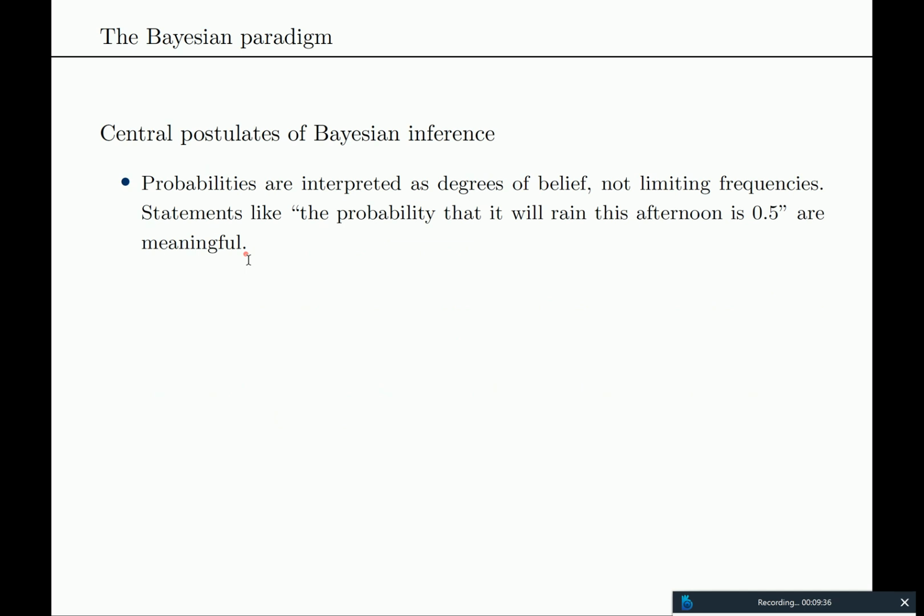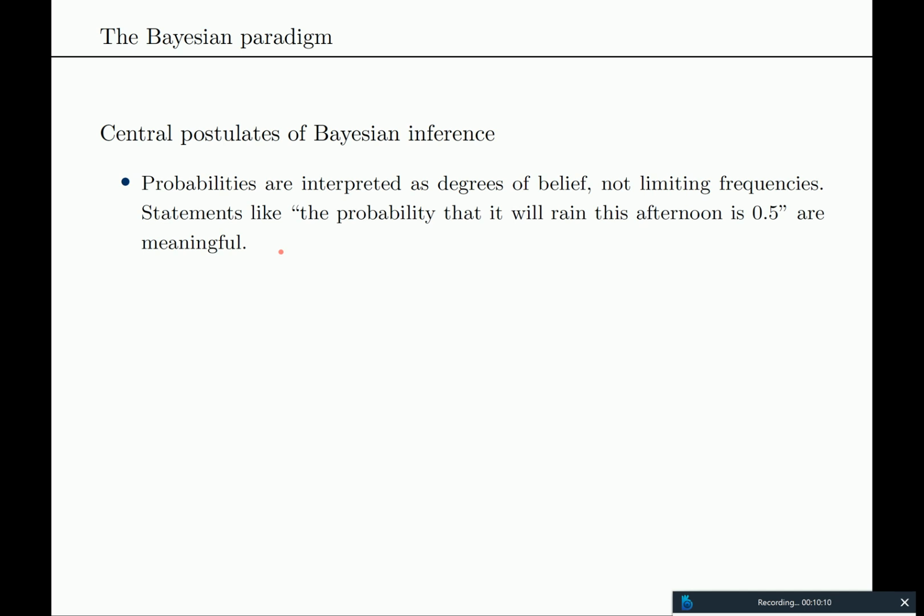Now in Bayesian inference, the first big philosophical difference is that the same probability distributions and densities, so again Gaussian distributions, beta distributions, Bernoulli distributions and so on, are now not interpreted as limiting frequencies but as degrees of belief, subjective degrees of belief. This relates to common language, where you can say things like the probability that it will rain this afternoon is 0.5,